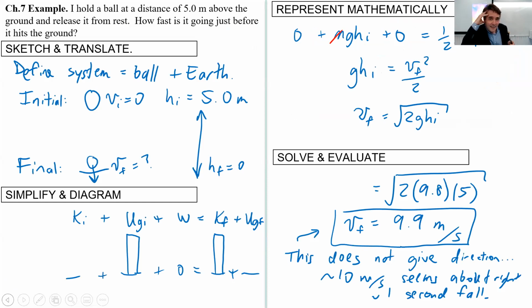When a ball hits the ground, right when it hits the ground, is its speed 0? Good question. So this is when it's just before it hits the ground, right? So the very instant just before it hits the ground, I'm saying its height is about 0, but it hasn't come into contact with the ground yet. So there's no force from the ground on the ball yet. What would happen next is there'd be this big collision, and then you'd have to use the chapter 6 material to get that. Okay, thank you. You're welcome.